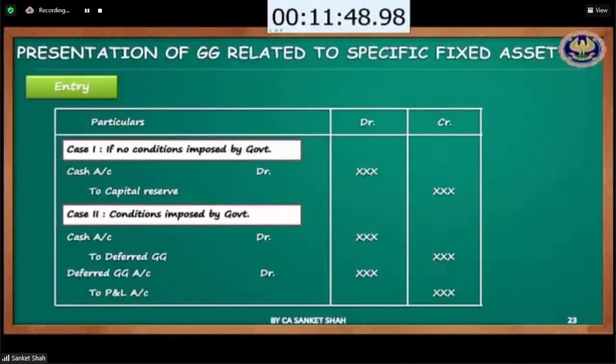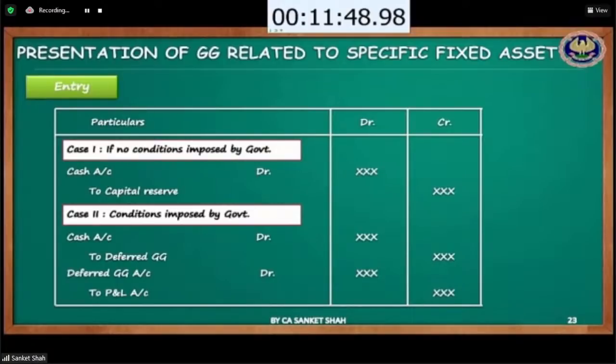If there are no conditions, यदि non-depreciable asset है, for example land, और कुछ condition ही नहीं है, तो आप directly capital reserve में डाल दो. पर लैंड बोला हुआ है कि 10 साल तक आप ये लैंड यहाँ से शिफ्ट नहीं हो सकते, तो 10 साल तक आपको डेफर्ड जीजी करके अकाउंट क्रिएट करना है और डेफर्ड जीजी टू पीएनएल, ये एंट्री पास करते जाना है। सो ये याद रखना। ओके,